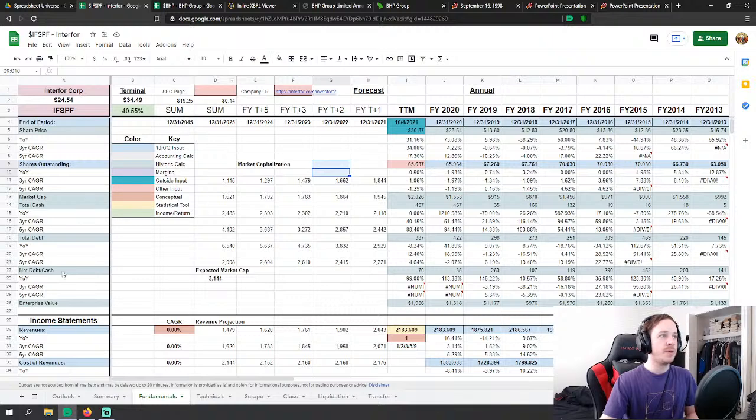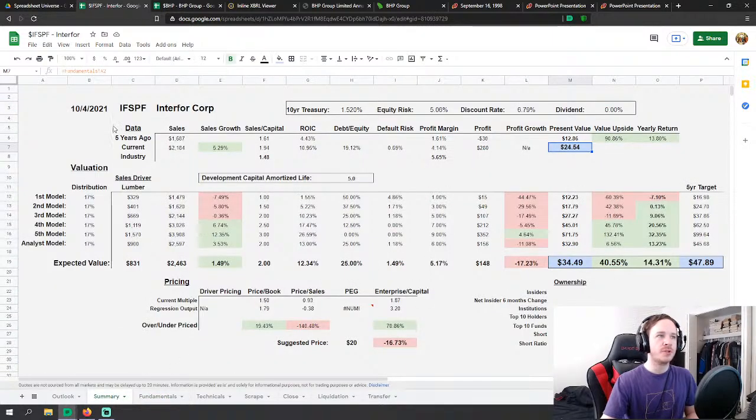Either way, Interfor actually looks way more appealing than I had thought at that point in time. So I actually added a small position of Interfor today. It is a commodity company focusing on lumber. Lumber is in free fall right now from its highs, though it is still at elevated levels. So it's easy to see lumber taking a much deeper dive. I definitely took a small bite with intentions of building the position to many multiples of that size over the course of several months,